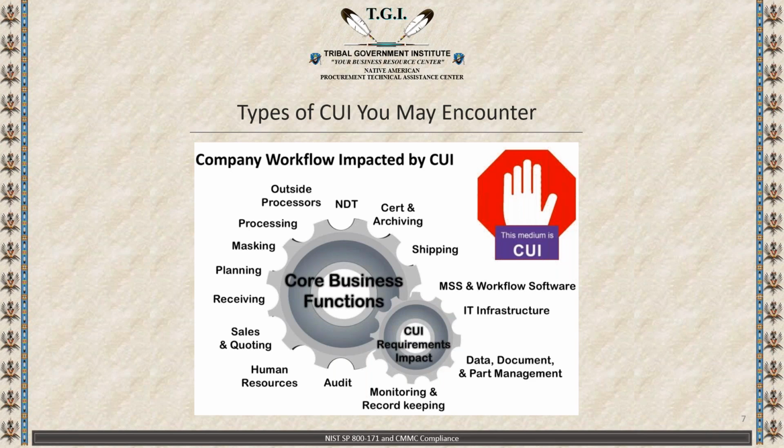Receiving and planning. So you are a subcontractor and you receive a part and you use the engineering drawings to make it better. You take the part through an internal manufacturing process, or maybe you send it to a subcontractor for a specialized process and have to share the technical data with them. You might have to send the part somewhere outside of your company for stress testing or quality inspections to make sure it meets specifications. All that information required to produce the final assembly of that part is CUI.